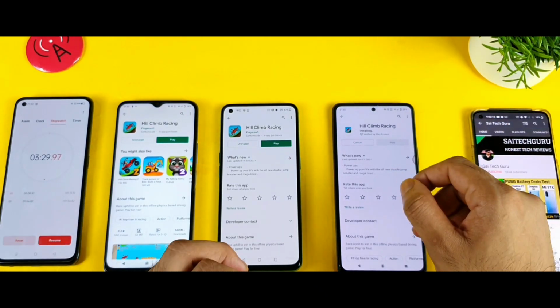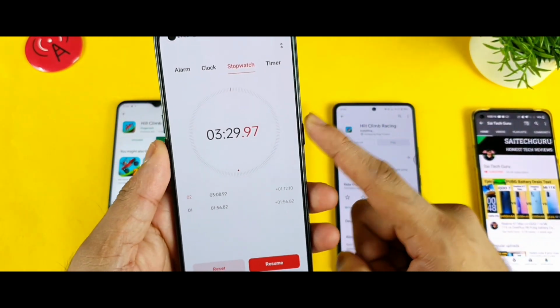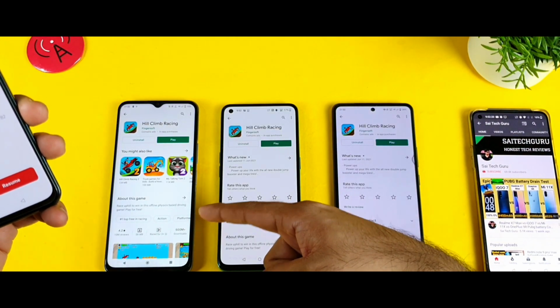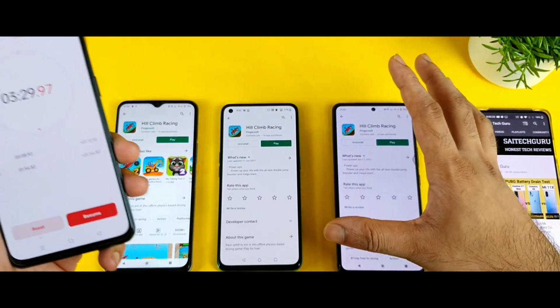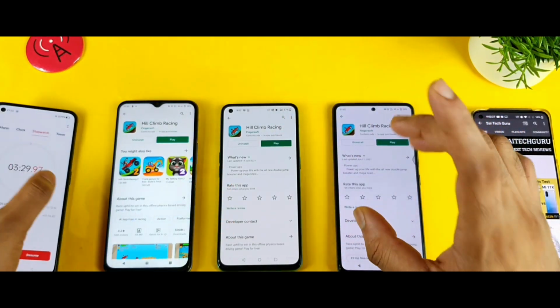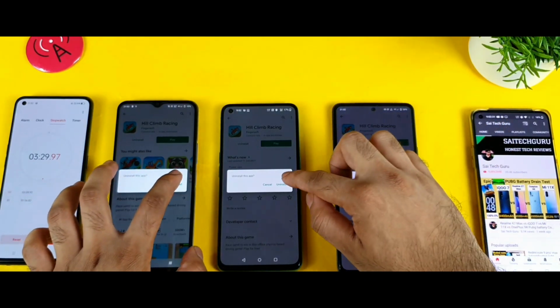Yes, done. So these are the overall timings, friends. Now you got a clear idea. So first is the iQOO 7 device, 3 minutes 29 seconds, and iQOO Z3, 3 minutes 8 seconds, and OnePlus Nord I think 1 minute and maybe close to 50 seconds, I think so. These are the overall timings if you try to do testing at the same time. So now let's do the individual testing.